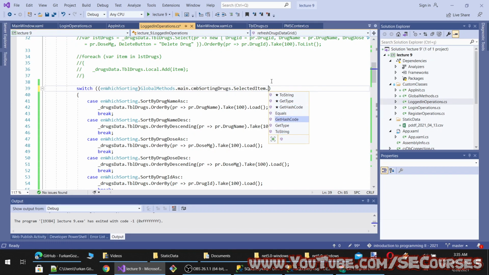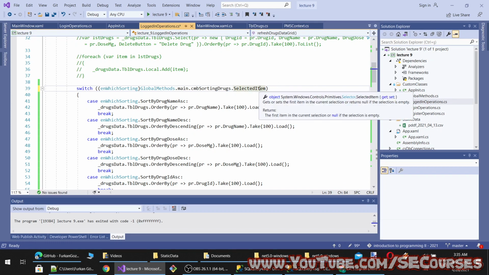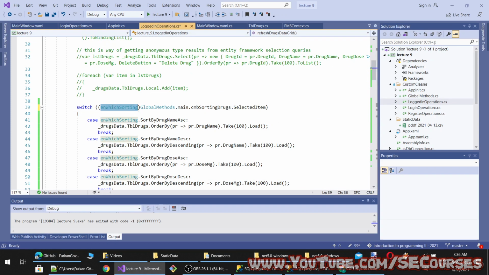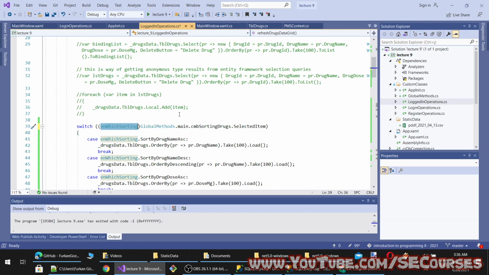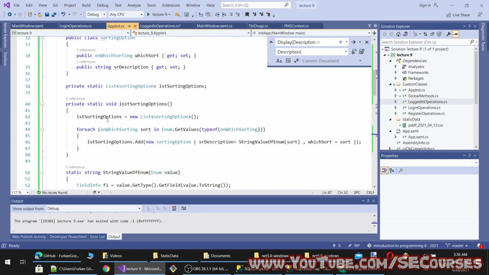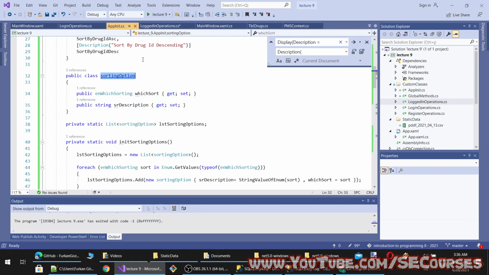However, I am not able to get interesting selected item. So this is object. Oh, I know the reason. First, I need to type this into our class here, which is sorting option.